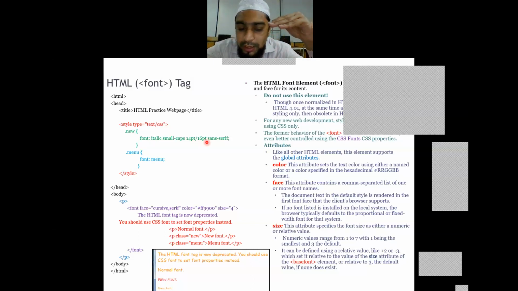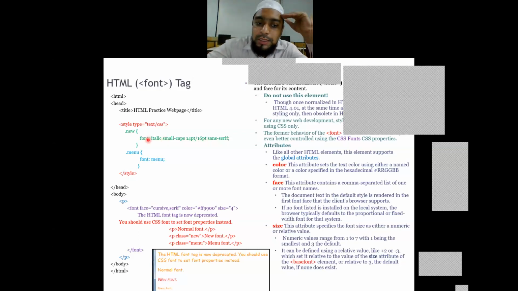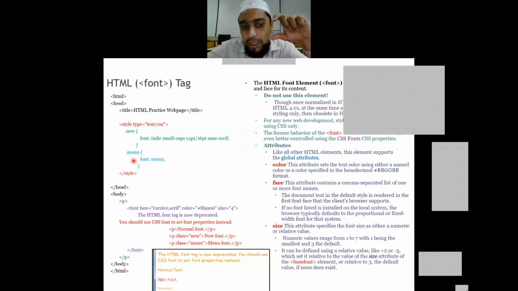It's not normal, it is sans serif. So whatever is mentioned with new is going to come with this particular styling effect. Similarly, I've got one more style category called menu.